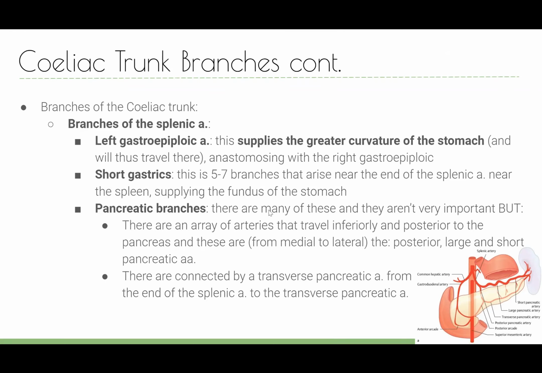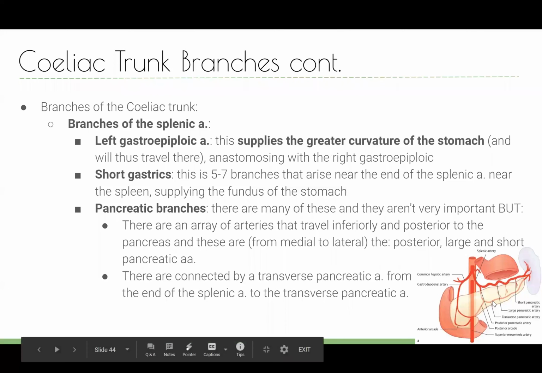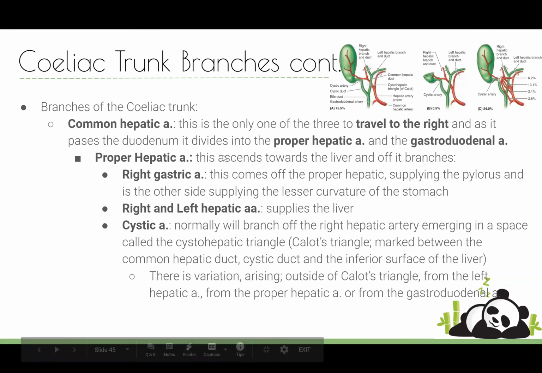The pancreatic branches, there are a lot, but they're not very important. These travel inferior and posterior to the pancreas, and they're basically just like here. There's a transverse pancreatic artery here and the posterior pancreatic here, and they do their thing to supply the pancreas. Beyond that, not very important. The common hepatic artery,